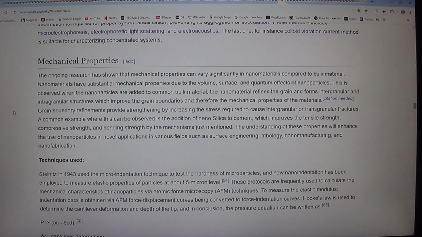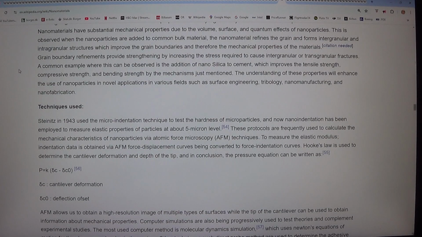Grain boundary refinements provide strengthening by increasing the stress required to cause intergranular or transgranular fractures. A common example where this can be observed is the addition of nanosilica to cement, which improves the tensile strength, compressive strength, and bending strength by